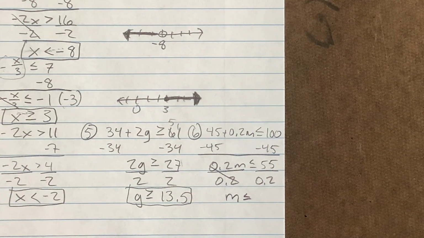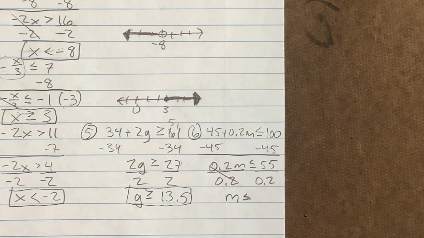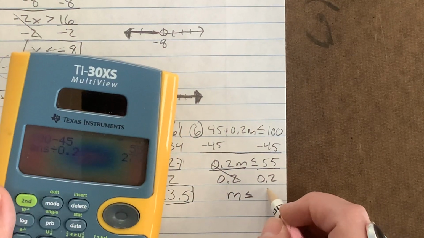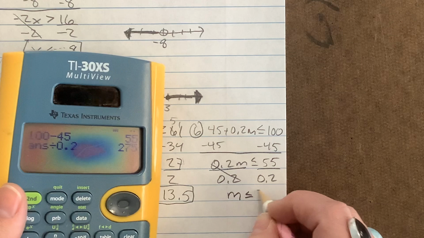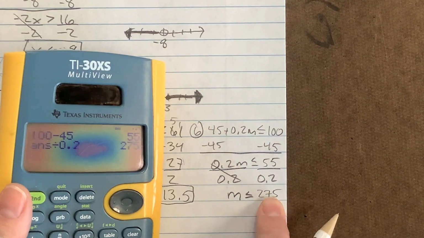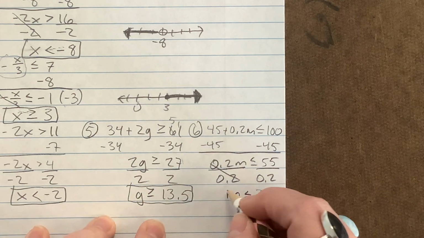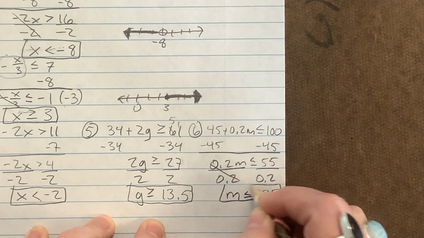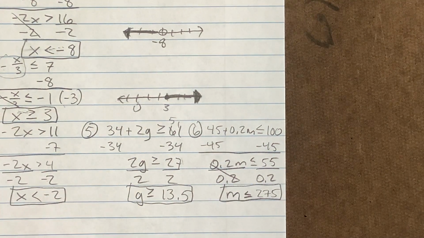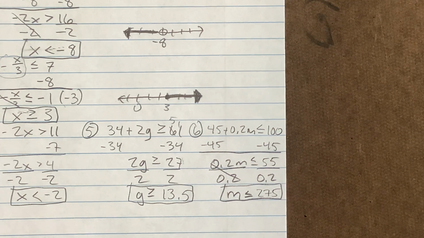This part I definitely will do on a calculator. 55. Actually, I'm going to check my other one just to make sure. Yep, 55 divided by 0.2. And we get 275 miles. So he needs to drive less than or equal to 275 miles to keep his cost at or under $100. Welcome to being an adult. It's hard. Okay, that is solving